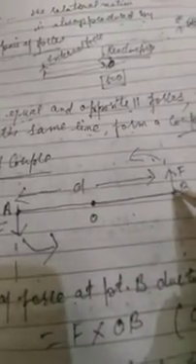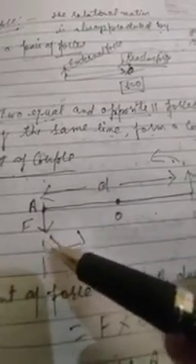Now the moment of a couple. In order to understand it, this is a horizontal bar, with two equal, opposite and parallel forces acting on it, and it is pivoted at a point O. Let the two ends of the horizontal bar be A and B. The force F is applied in the vertically upward direction at B. The force F is applied in the vertically downward direction at A. Now the distance between A and B is D.